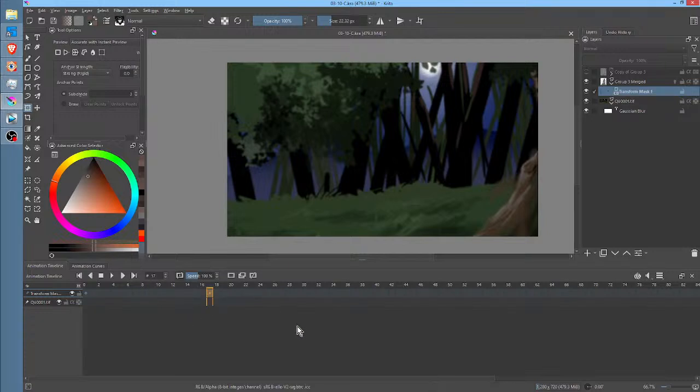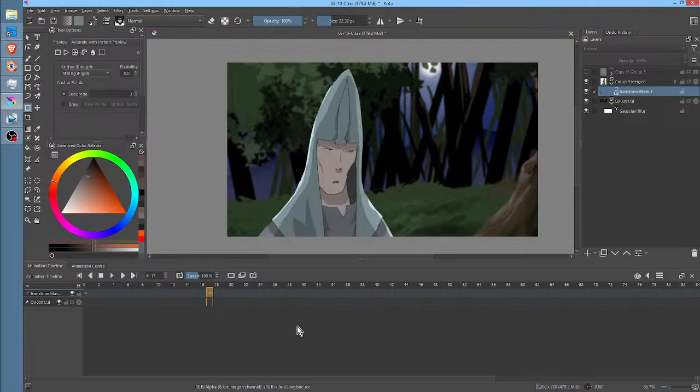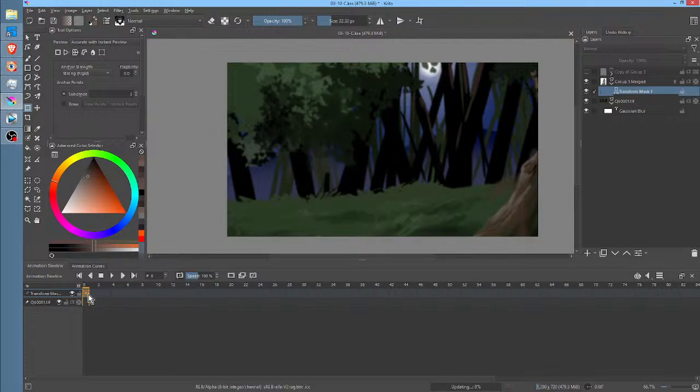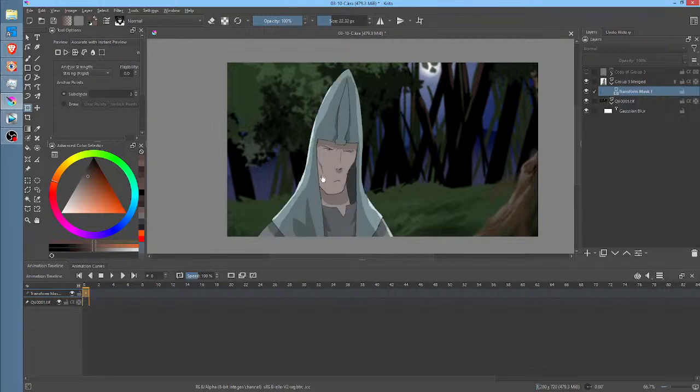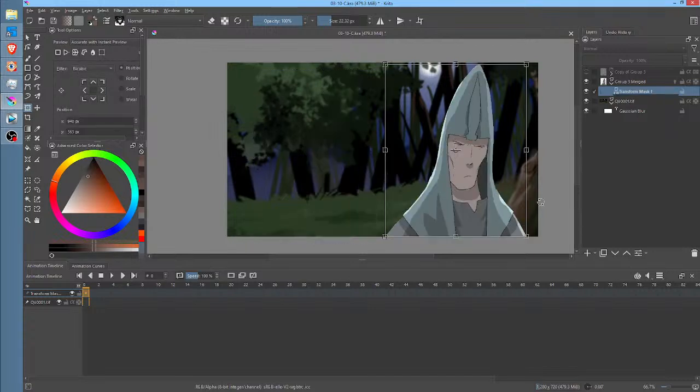Okay, let me qualify it. Sometimes it works and sometimes it doesn't. That's the whole story. That's crazy, man. A moment ago it didn't work and now it did. So hence the lecture about transform masks. If you're gonna do anything except a free transform, you do so at your own peril.